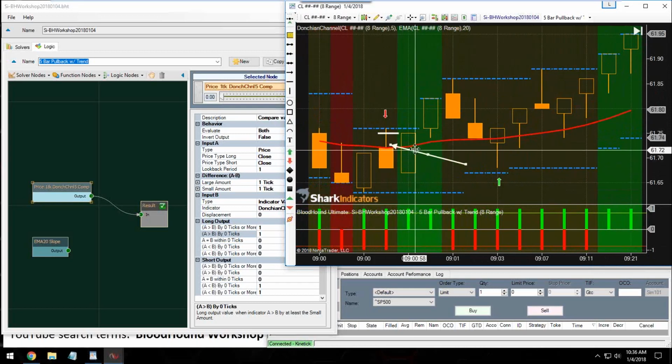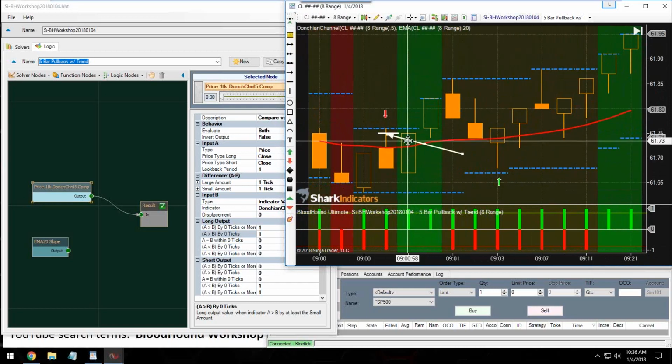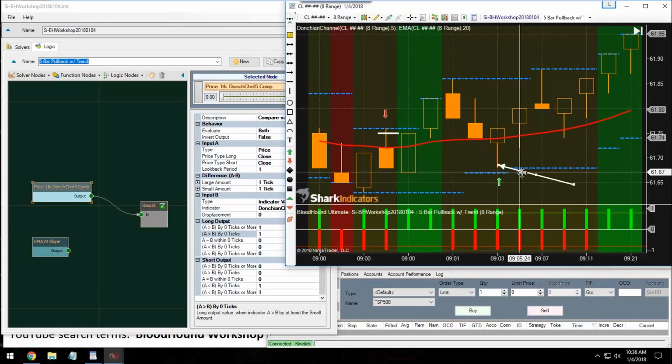So what's happening for a short trade? Price is coming up, and it is actually going above our 1 tick offset, right? Price is going above. So for a short trade, price is going to be greater than our indicator's offset, right? Price is going to be greater than the price level we're looking for. And in a short trade situation,